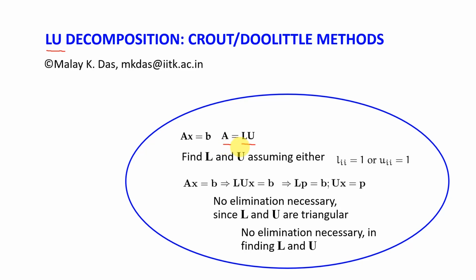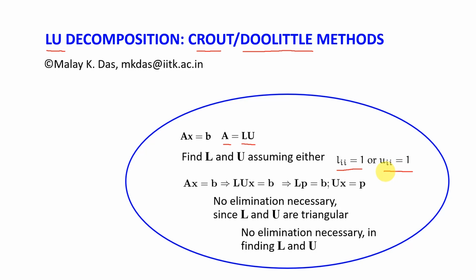Here we will present one method, that is the Doolittle method, and it has a counterpart, that is the Kraut method. Both are very similar. In these methods we find L and U matrices without using elimination. What we do here is that we assume the elements of L and U, we multiply them, and then we equate with the elements of A, and then under certain assumptions such as the diagonal elements of the lower triangular matrix are 1 or the diagonal elements of the upper triangular matrix are 1, under such assumptions it is easy to find